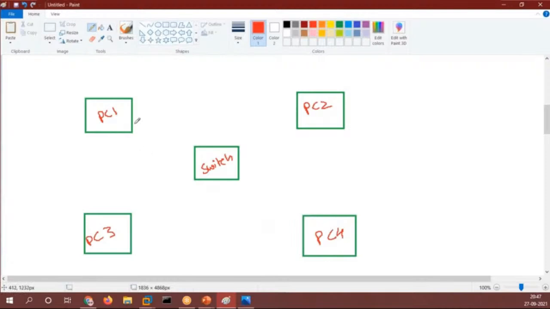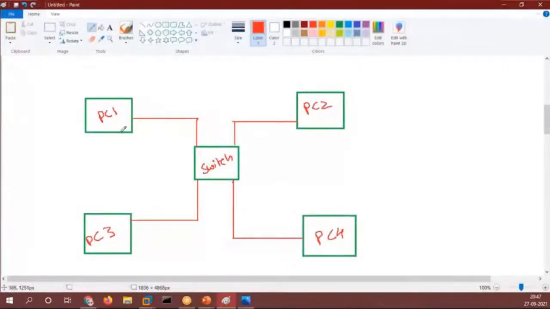PC1 is connected to the switch, PC3 is connected to the switch, PC2 is also connected to the switch, and PC4 is also connected to the switch. Now all these PCs are connected to the switch.